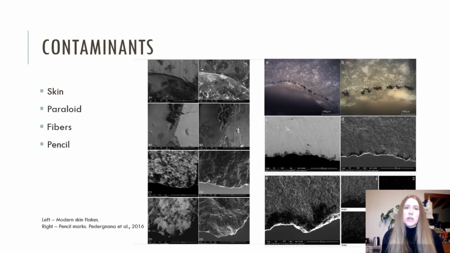The most common forms of contaminants are skin, pencil marks, fibers, and Paraloid, which is used for labeling. Skin flakes are by far the most recurring modern residue on stone tools and are indicated by small flakes and spots on the surface of the stone tools. Pencil marks are also very common as a byproduct of illustration and are seen as a black marking along the